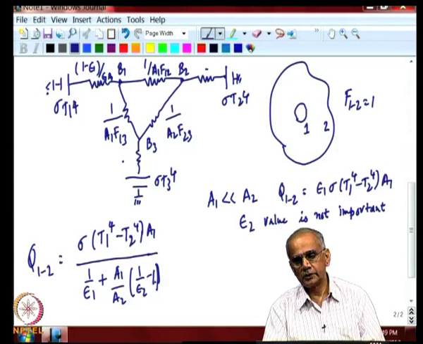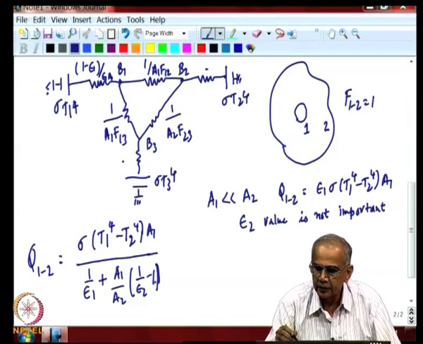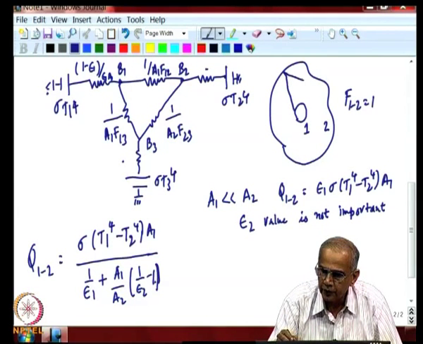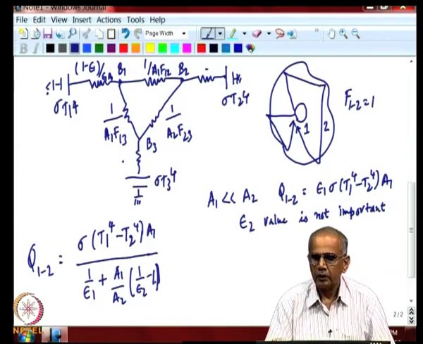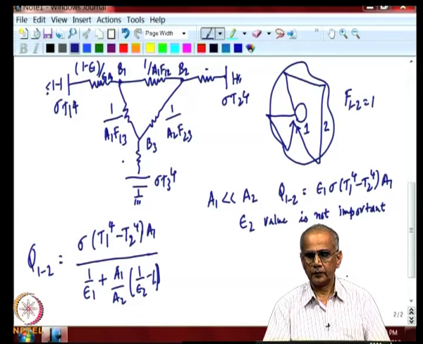This is because if surface 2 is much larger than surface 1, any radiation leaving surface 1 after multiple reflection will reach surface 2. Okay. Because of that, it does not matter what the reflectivity of surface 2 is, whether it is 0 or 1, it does not matter, because ultimately radiation leaving 1 will be reflected into and come back to 1